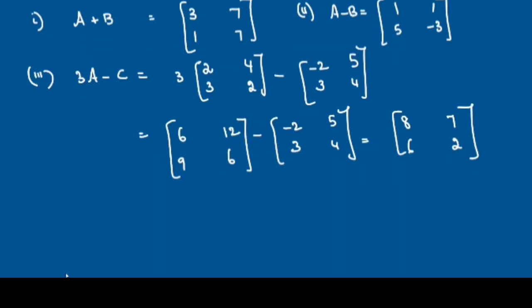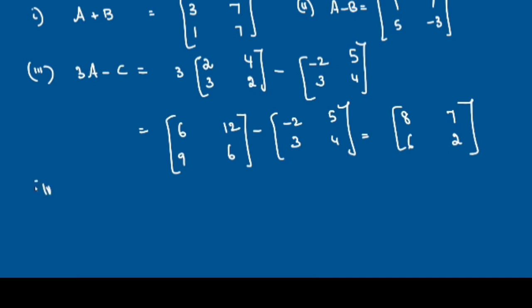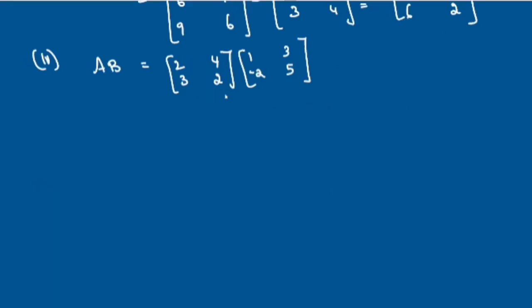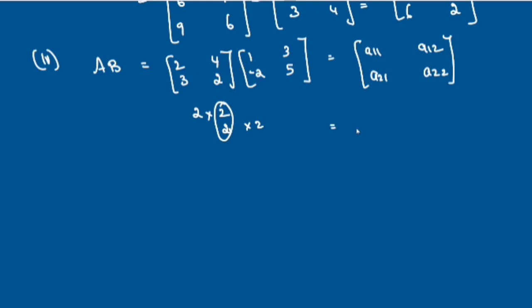Next is you have to multiply A into B, AB matrix. So first you check. So you write the order. It is 2 by 2 square matrices. You can always multiply 2 by 2. So the product is a 2 by 2 matrix. So write the structure, it will be easy for you. You won't make mistakes. A11, A12, A21, A22. So multiply. A11 means first row, first column. Only thing, first row of the first matrix, first column of the second matrix. So just multiply 2 into 1 is 2, minus 8. So what is that? Minus 6.